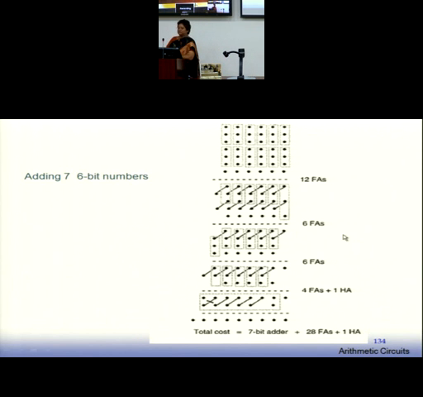So now we have performed 7 number additions. In how many addition steps? 1, 2, 3, 4, 5. Only 5 addition steps, and in every addition step there is no carry propagation. Had I taken an RCA, how much time would I have taken for the worst case combination? At a time you would be adding only 2 numbers. So if you have parallelism, there are 7 numbers. In the first step, I would use 3 RCAs. Two numbers you will be adding at a time.